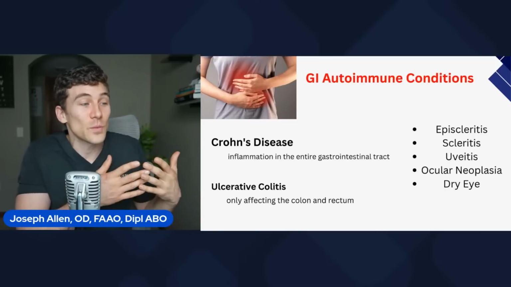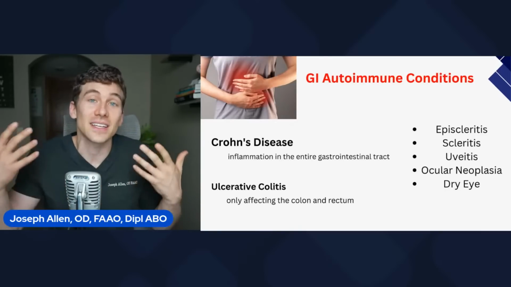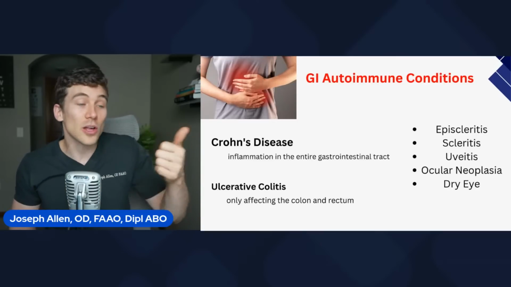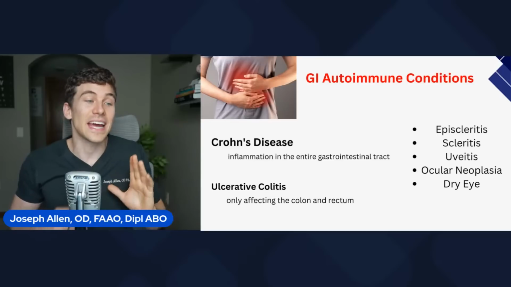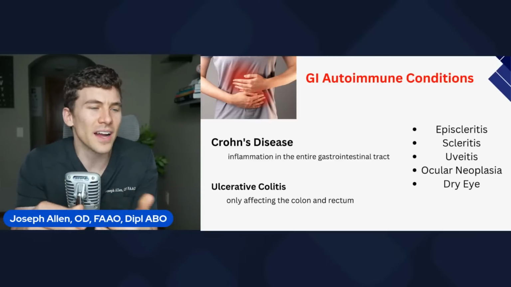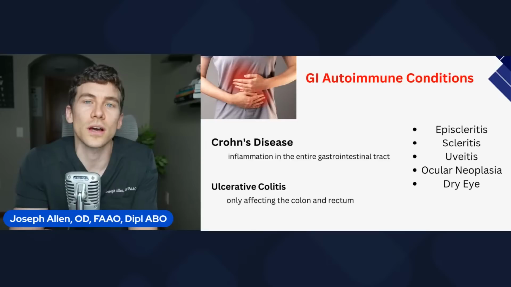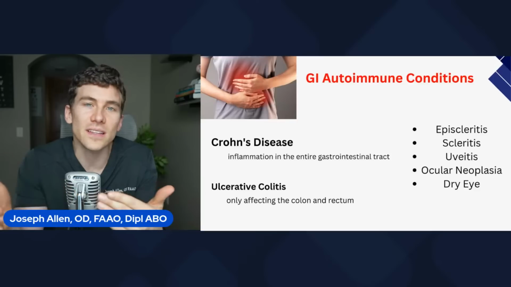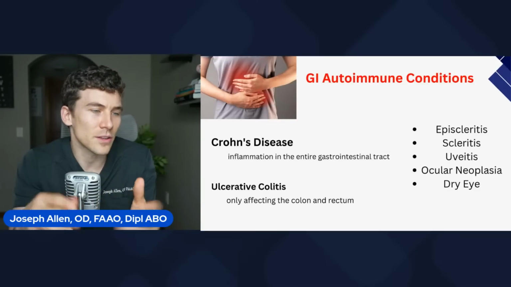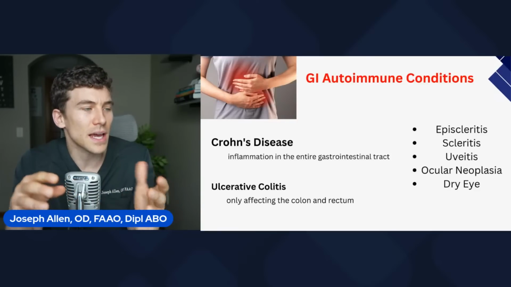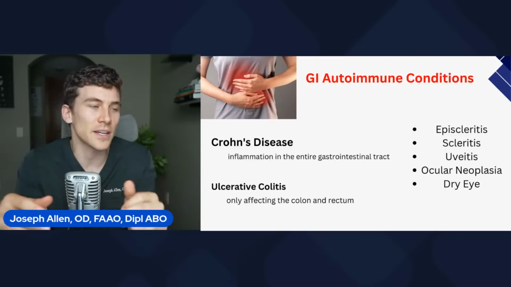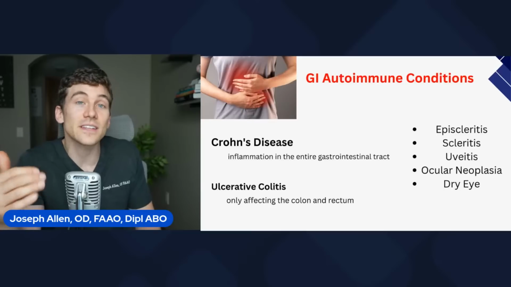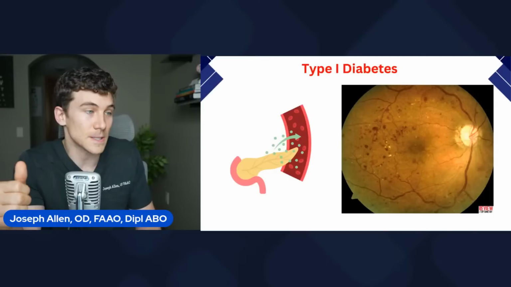Well, it's because it's known that these conditions affect the eyes. They not only cause uveitis and potentially dry eyes, but are also linked to episcleritis, scleritis, and even at least a few cases of ocular neoplasia, which are irregular growths on the surface of the eye. Unfortunately, if they treat this, it often comes back. So eye doctors are always aware of Crohn's disease and ulcerative colitis, and if you didn't know that they are connected to the eye, it's definitely something you want to tell your doctor if you have one of these diseases.